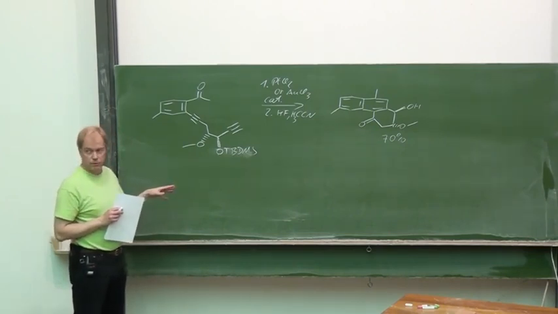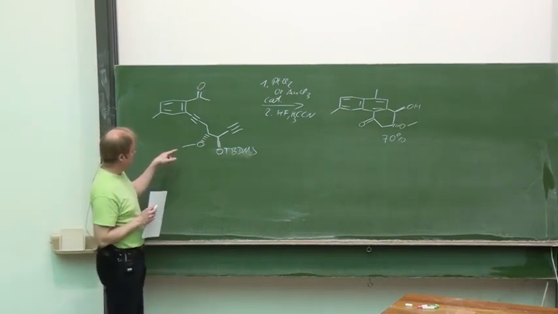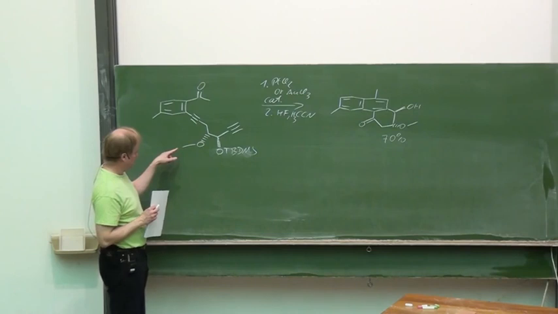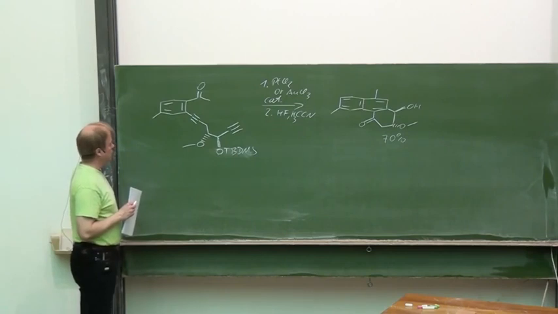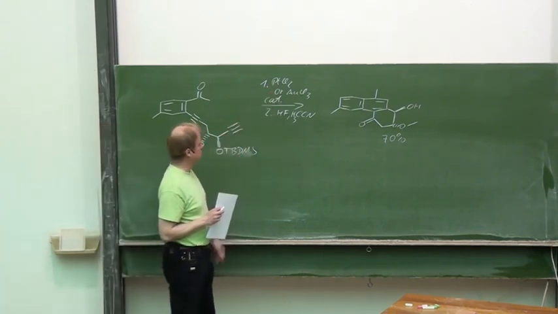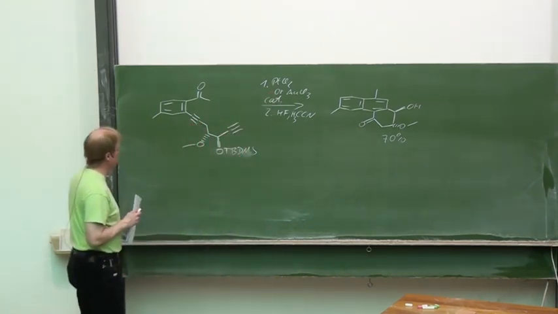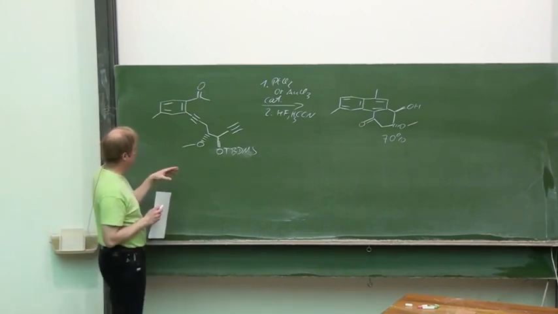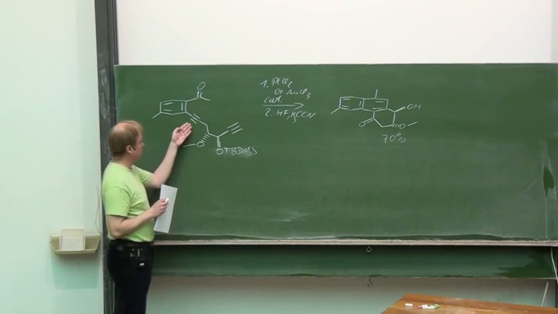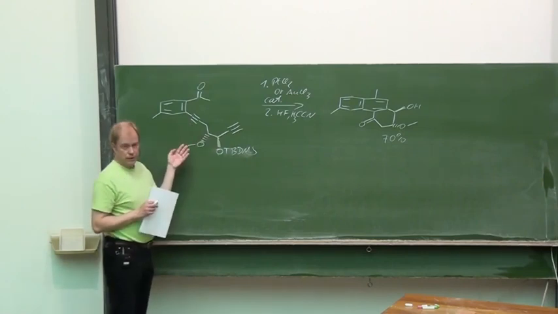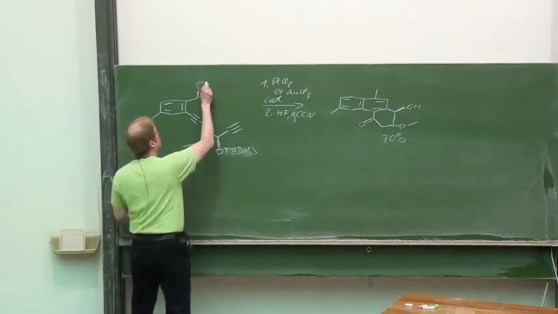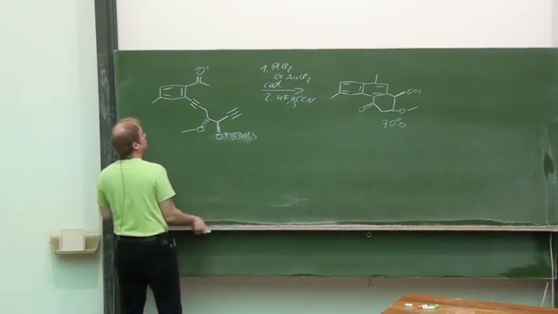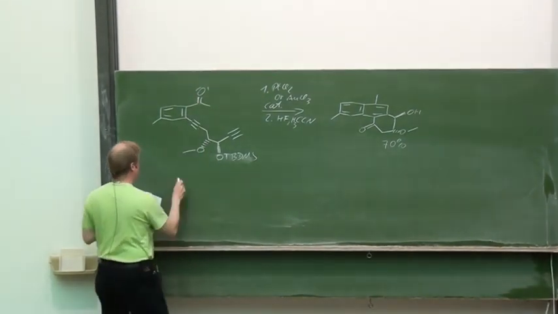Actually, I screwed up the drawing a bit. Please correct it from the preceding script. There was a mistake in there. Well, okay, and it was about gold and also platinum. Platinum salts work as catalysts in these cases. These platinum salts and gold salts can activate acetylenic moieties for the attack of a nucleophile. In this case, it is an oxygen nucleophile, the free electron pairs of that oxygen.